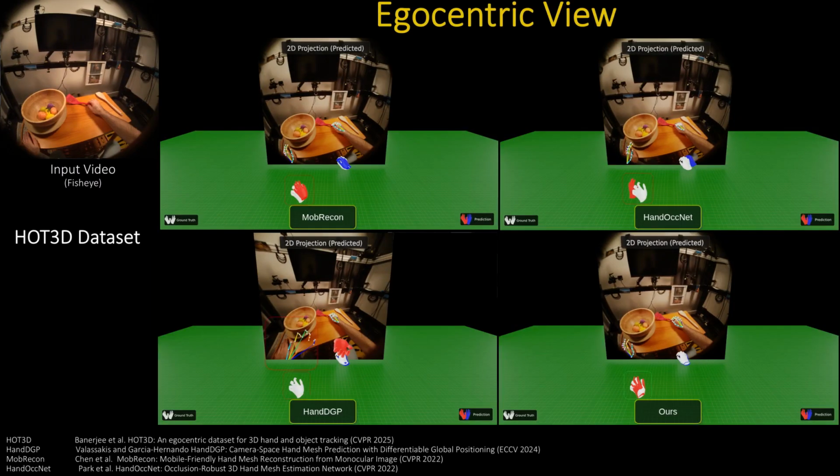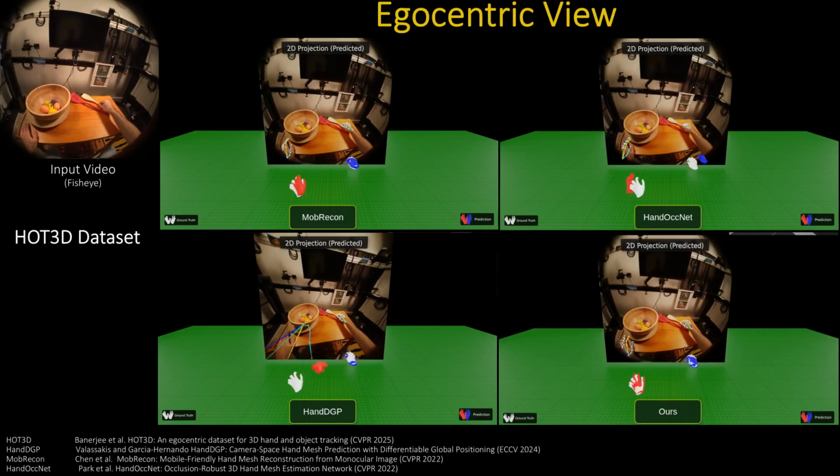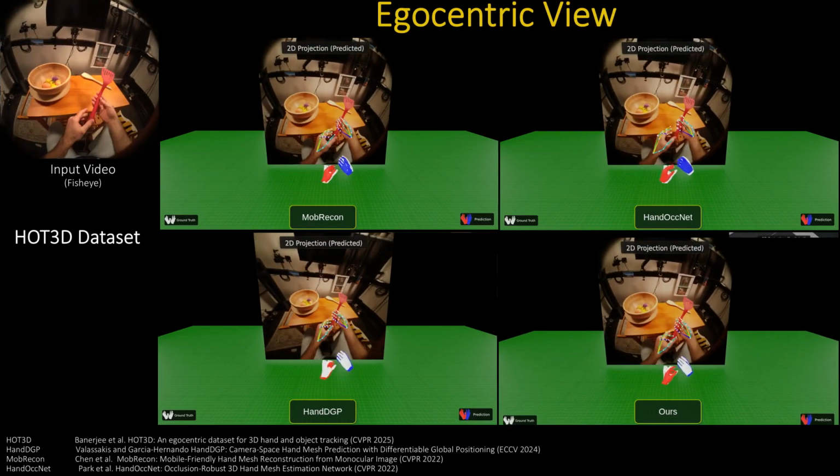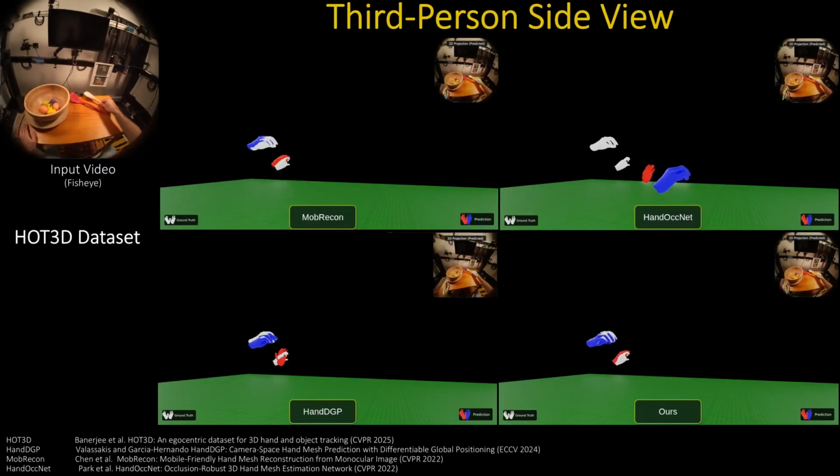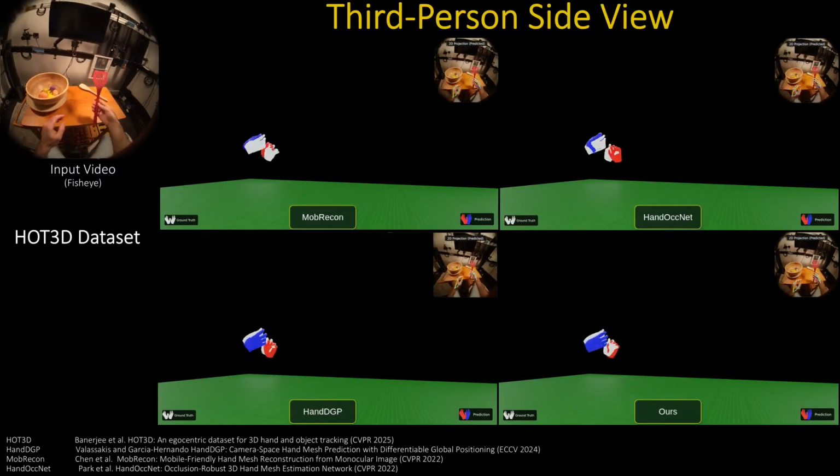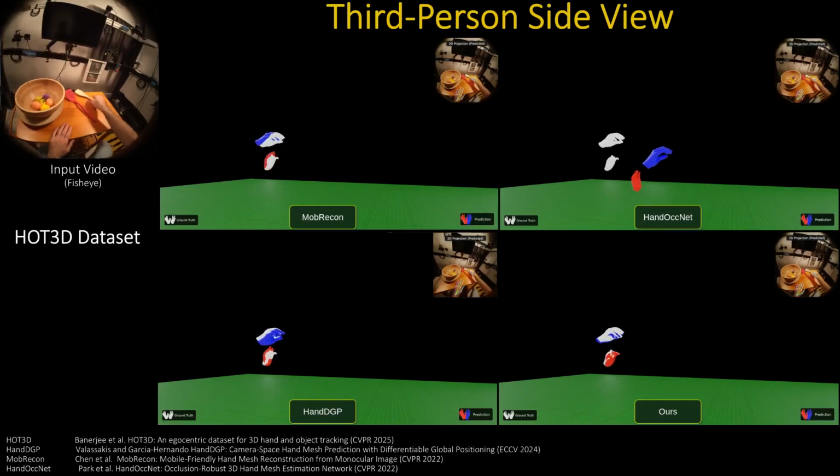On the HOT3D dataset, the extreme fisheye distortion of the lens means that rectifying the image while preserving the same visual coverage introduces strong skewing near the image borders, causing previous methods to fail. Here, we observe that our estimates are more temporally stable and align more closely with the ground truth data than